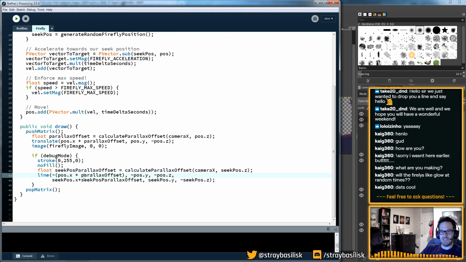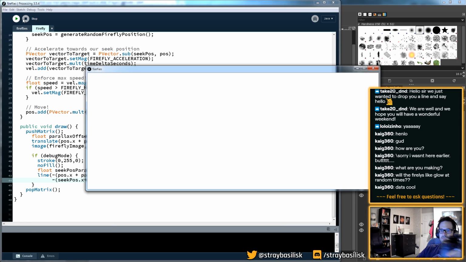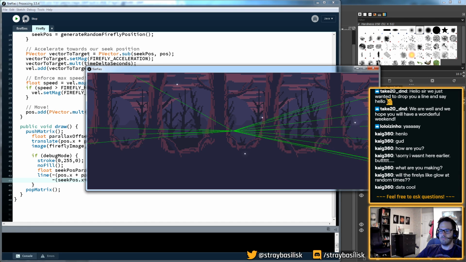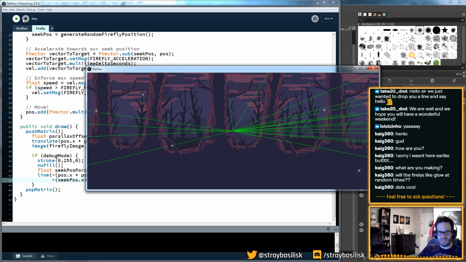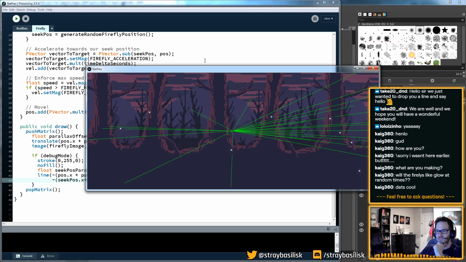Well, you know what? I can draw this line in 2D without issue, I think. Kind of space age, but not exactly what we hoped for, so